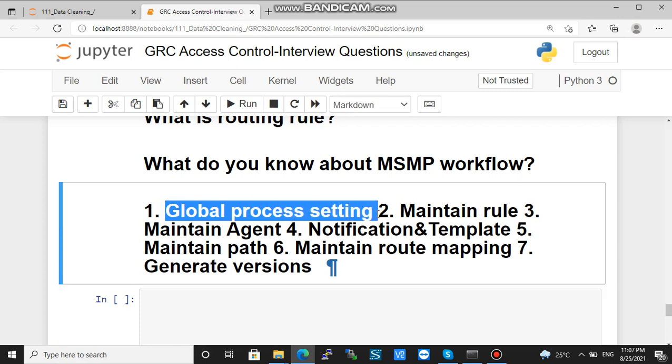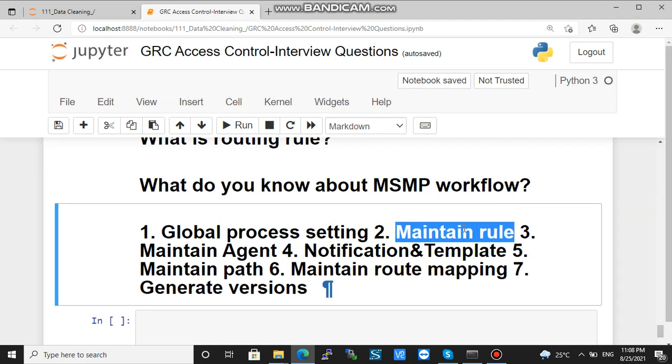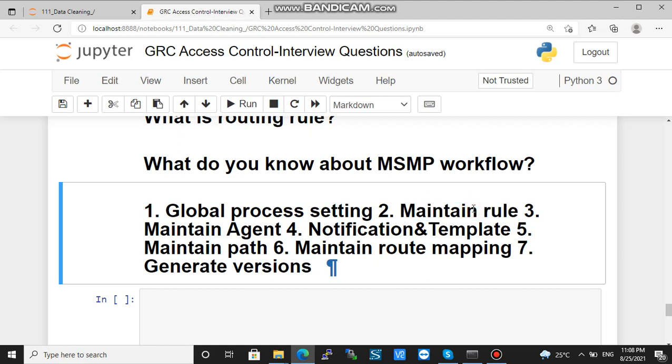Say you can take a process, firefighter log review, and then you will be maintaining the rule here. The rule ID you will be getting from BRF plus, and through SPRO you define workflow for MSMP rule. There you will be defining, suppose, the initiator rule and the type would be flat. So here the initiator rule ID will be maintained.